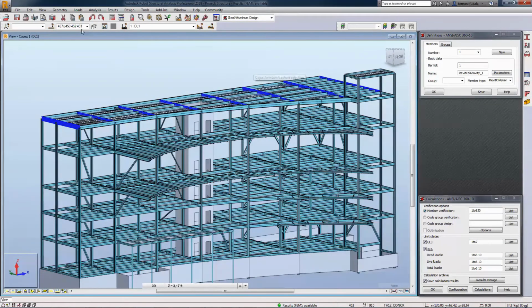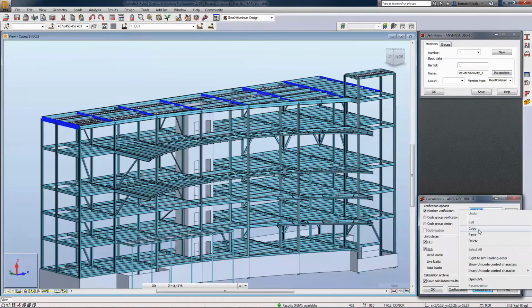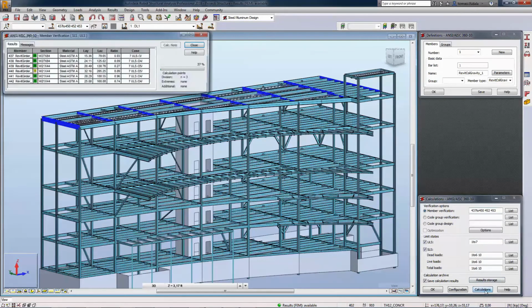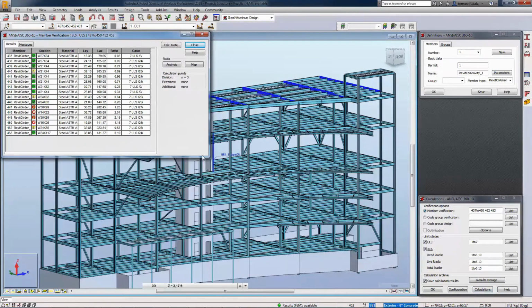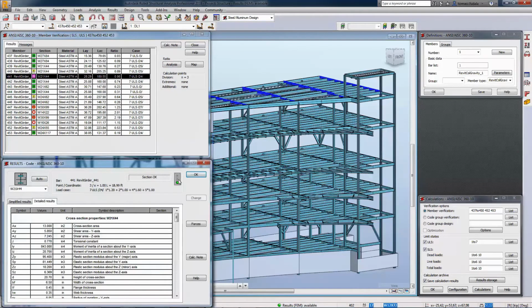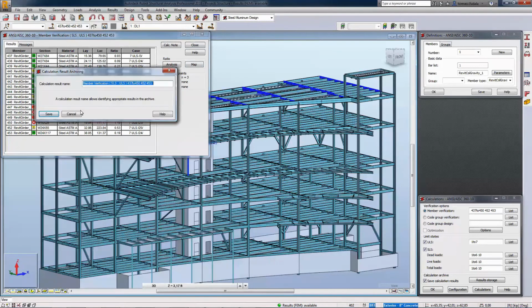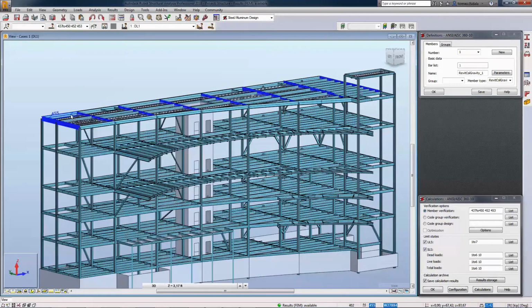In this case here, we're looking at calculations for specific members on the model. We get our results, and are able to concentrate on specific results on specific members of our structural model. These results can also get grouped. You can create a group, in this case, the beams on a roof. Save those groups,